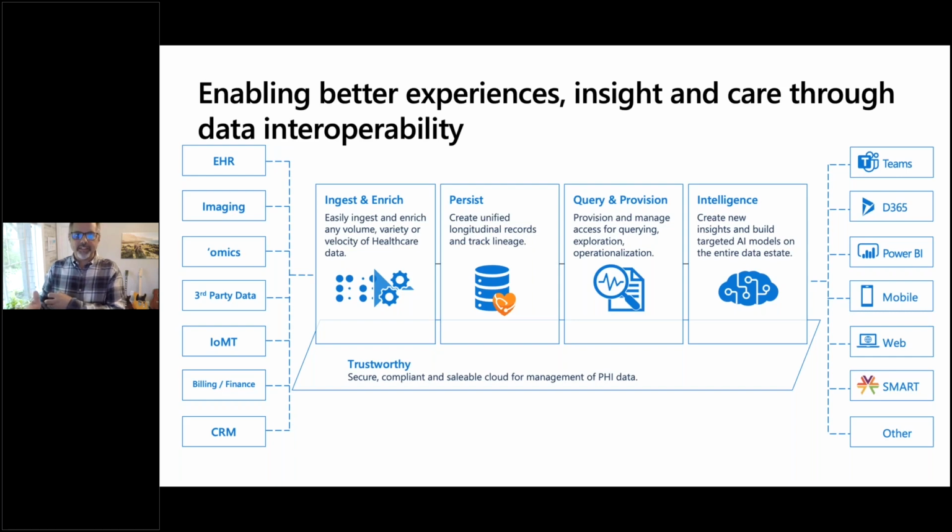And then we connect it to systems of intelligence and ultimately connect it to the point that the user will interact with that data, whether that's through Dynamics, through the Power Platform, or through EHR integration with Smart on FHIR capabilities or some of these other things. And so I want to just talk through some of this real quickly, and then I'm going to hand it over to